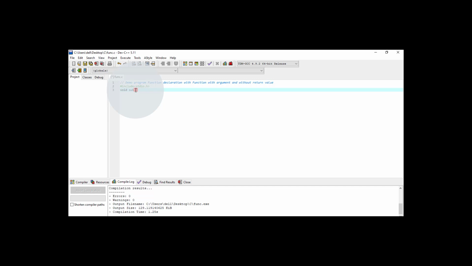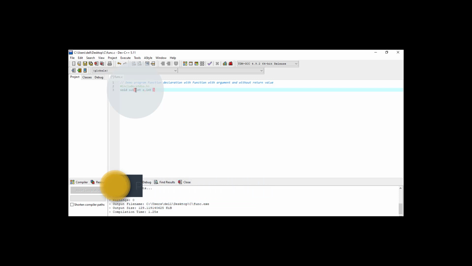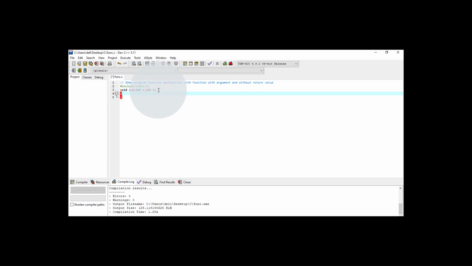For that I have declared sub, and it will take two arguments, say int a, comma, int b, declared as the two variables here. Whenever we call this function, it takes two arguments of integer type, and here I'm writing a printf function to display the result. So result is equal to, say, %d. I wanted to display the result in the format of integer, so I'm using %d, and here I'm writing a minus b, so the value of b will be subtracted from the value of a.